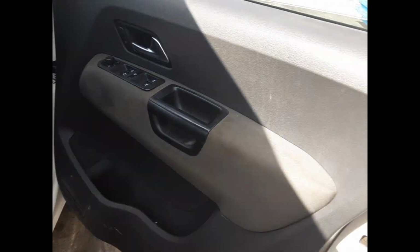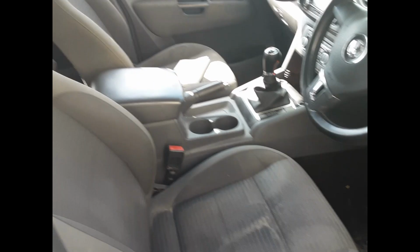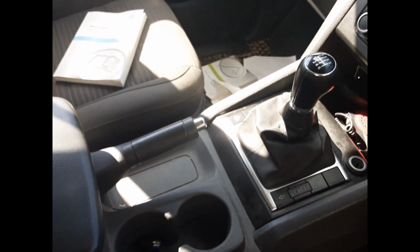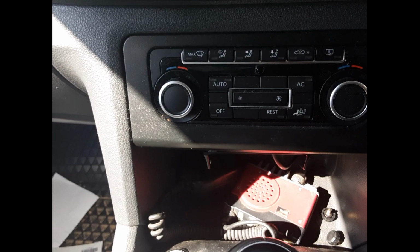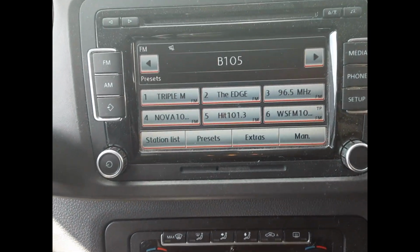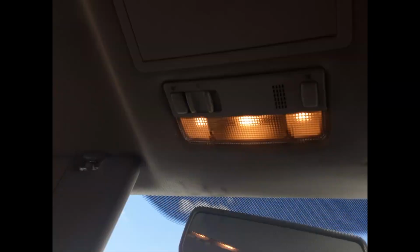We have the driver's side door trim, power window master switch. This vehicle is fitted with grey cloth interior. Manual type centre console, 6-speed manual gear shifter, dual zone heater controls, touchscreen single stack CD player, interior mirror, courtesy lamp, sunglass holder, left